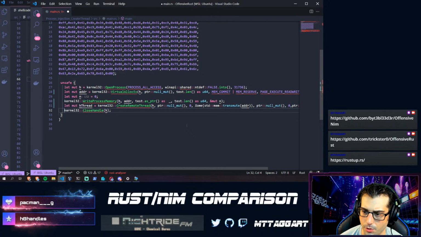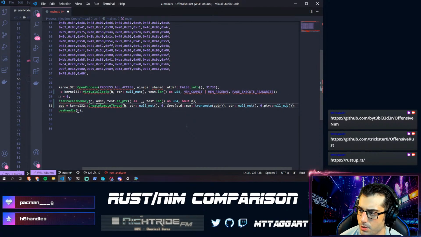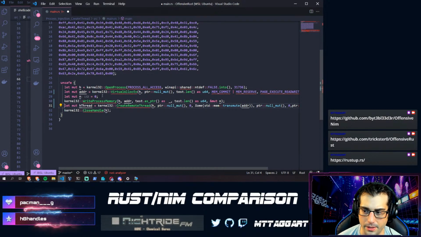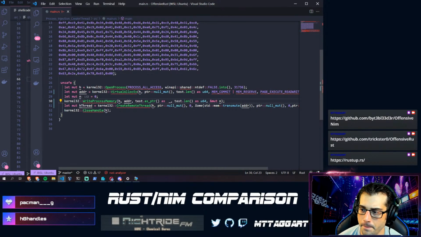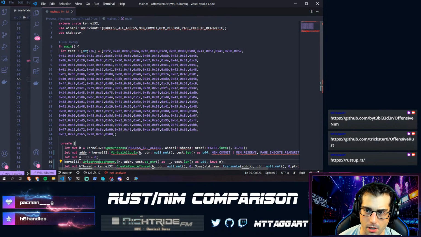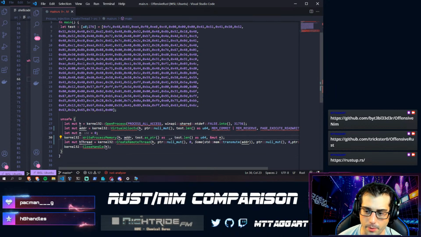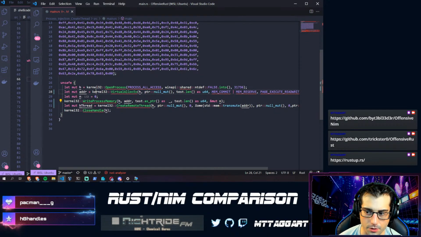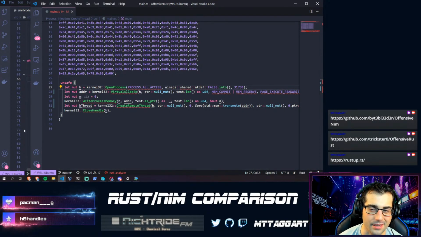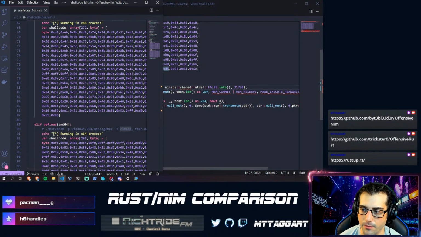And then kernel32 CloseHandle. Okay, so it's the same process that we're used to with a CreateRemoteThread kind of injection. But there are some differences, like how this thing is actually put together, and the shellcode that we're using, of course. And in particular, the kernel32 API, which is a little bit different in how it's getting called. I mean, not super different, but if we look at the Nim version,